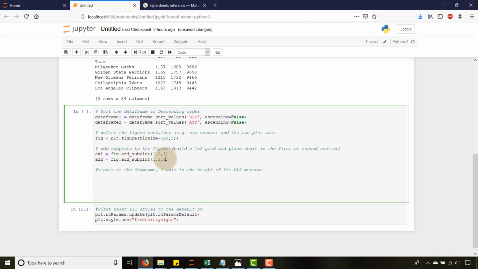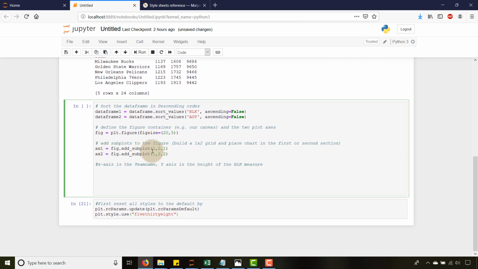And this is going to be 1, 2, 2, right? I still want that 1x2 grid, but this is going to be in the second position, right? So now what I'm going to do is start customizing the first axes here. This is going to be our blocks, right? So we can say